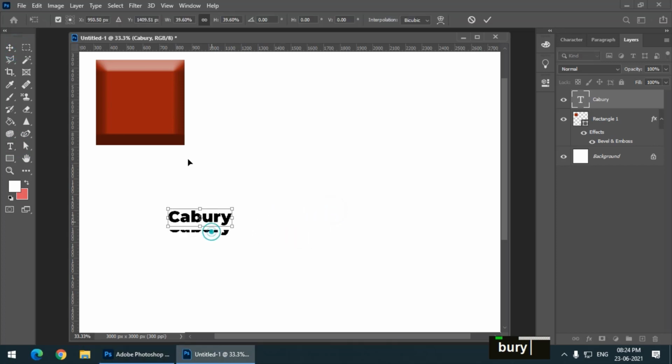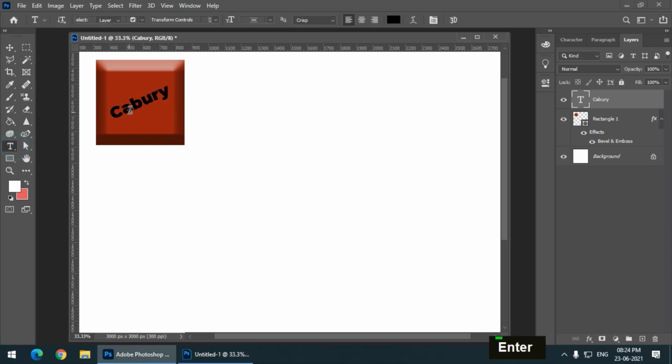And I'm going to place this text right in the center, and I'm just tilting it around. Sorry, I think I made a mistake. It's like this, Cadbury.